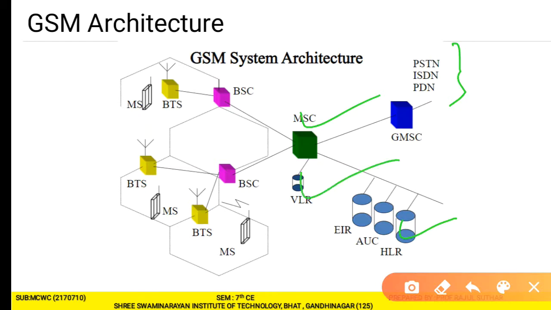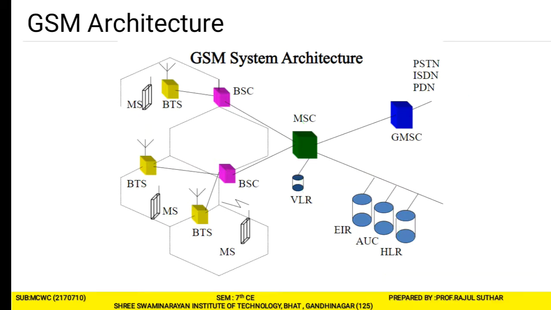And we have discussed the visitor location register, VLR. The functionality of VLR: it is used for selected administrative information. It is used for necessary call control and provision for the subscriber. VLR is a temporary database that stores the IMSI and customer information. Various features include the international mobile subscriber identity, temporary mobile station identity, current location information about the MS, the location where the mobile is registered, and the directory number to route the call for the roaming station.